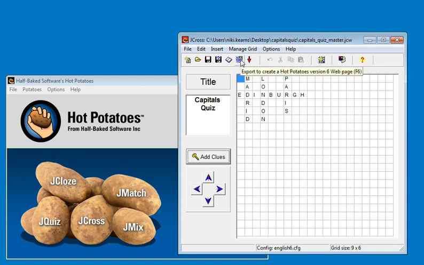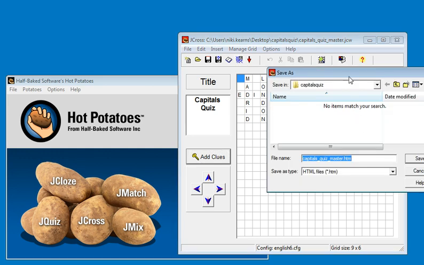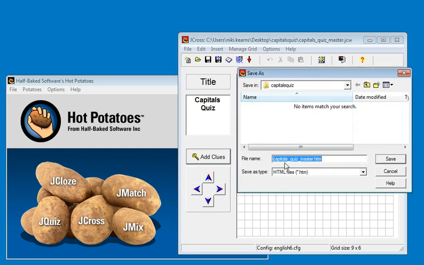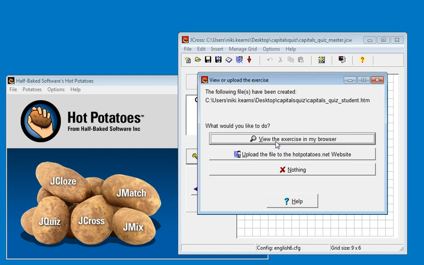So now we need to save a version that the learner would see, and this basically is a web page. So we click the little web button, the little blue button here, and again in the same location it's assumed what you want to call it, but this time it's saving it as a web page. You can change the name if you like, so we don't want to call it Master, we want to call it maybe Student, so it's Capitals Quiz Student, so we know it's the student version of the file, and we save that. You're now being asked if you'd like to see that finished exercise, so we will give this a click,